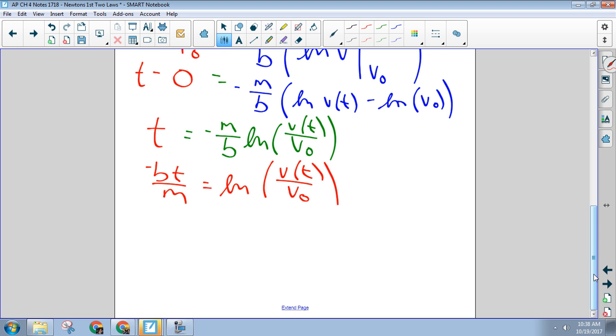If you're right now going, I hate this, you should also be going, but this is as hard as it will get. Okay? So, if you can do this, you're good. All right, now what? You'll figure it out. So now we do e to the, so e to the negative bt over m